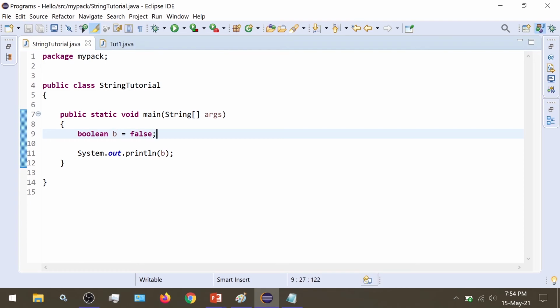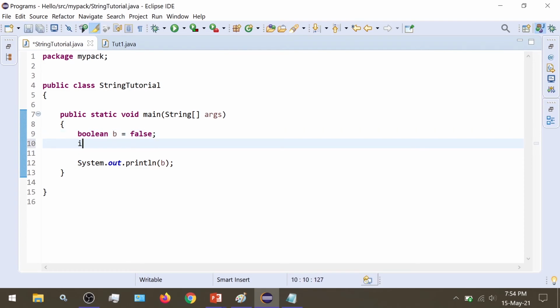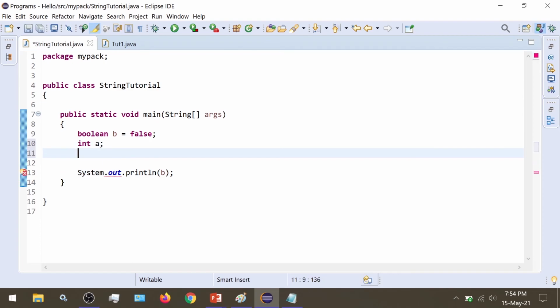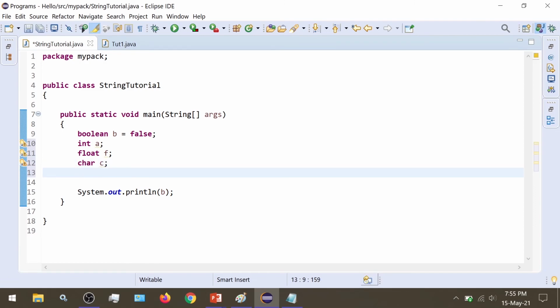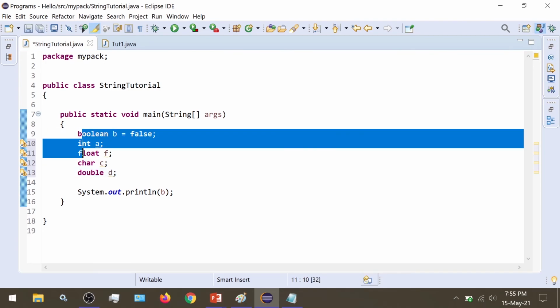In fact, all of the data types we saw, int, float, char, double, all of them are in lowercase.